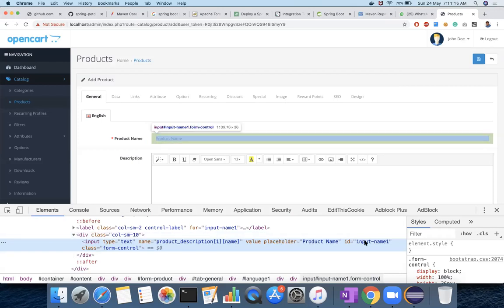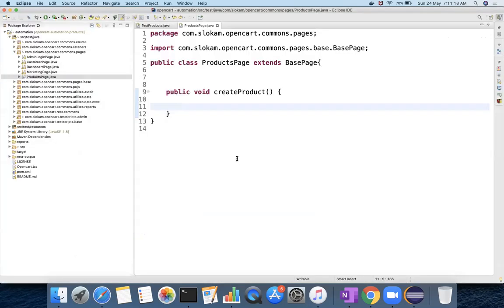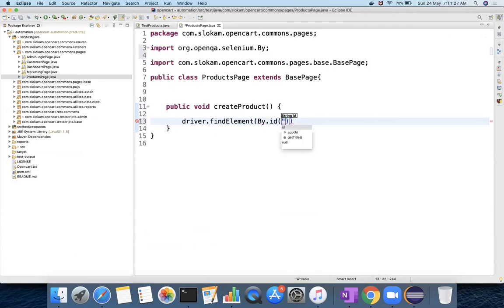So ID, right? driver.findElement(By.id).sendKeys. Actually, we do not hard code here. Whoever calls this method is going to send the data. So product name, comma, String. What else do we need?